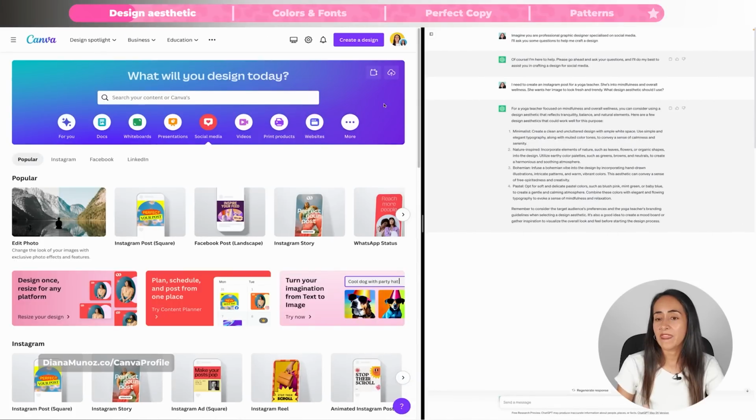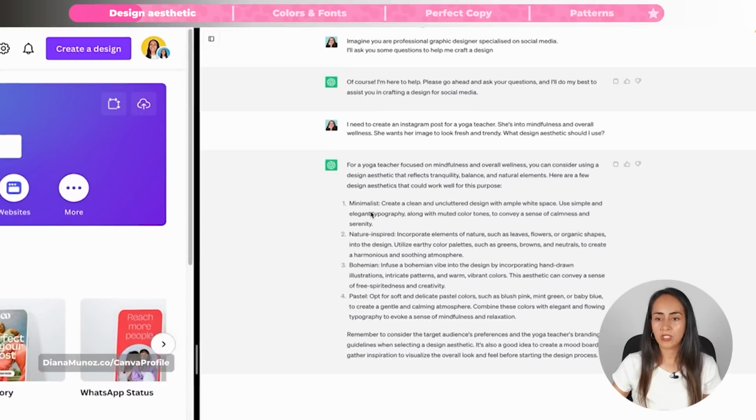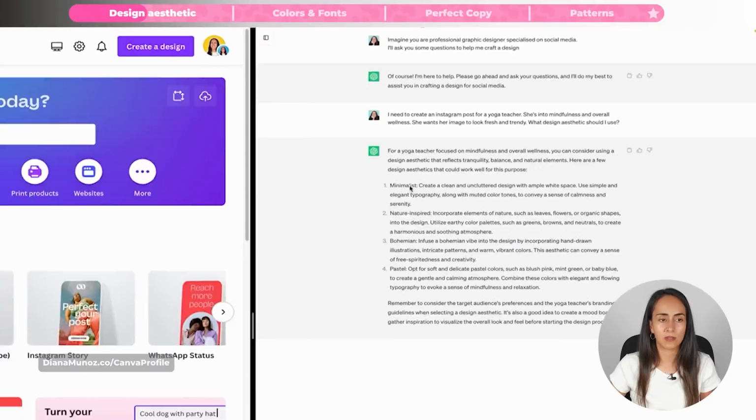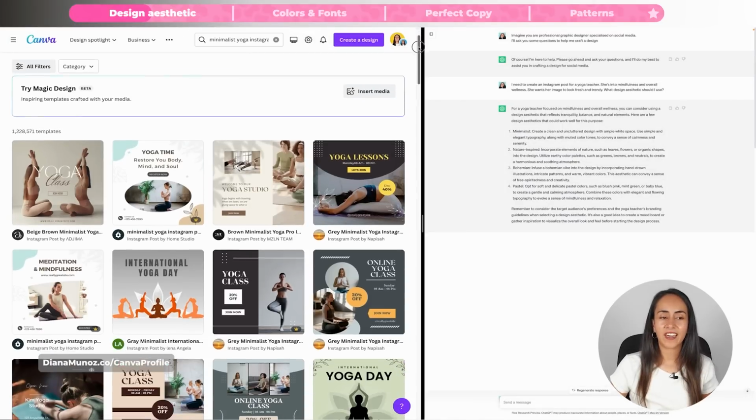I'm gonna type the keyword that I'm interested in, so it will be minimalist, and then I'm gonna enter the following keywords that are going to help me find exactly what I need. So I'm gonna try to find minimalist Instagram post, but also I'm gonna add the yoga keyword to refine my results. So I'm gonna type minimalist yoga Instagram post. Hit enter, and here are the